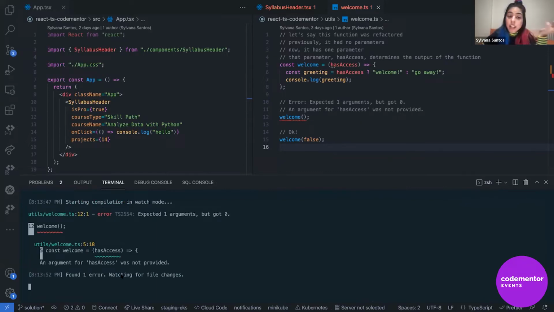You can see that it still outputs the same file. So it looks exactly the same. It's telling us that welcome should be having one argument, but we're not providing it with any. But you can see down here that it says watching for file changes. So what's happening is it's compiling, but if we were to change our file, it would update the output,